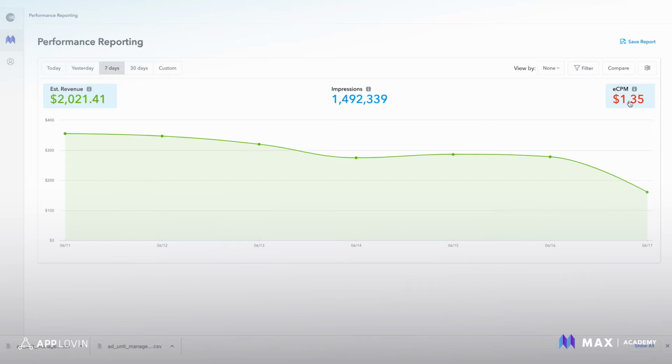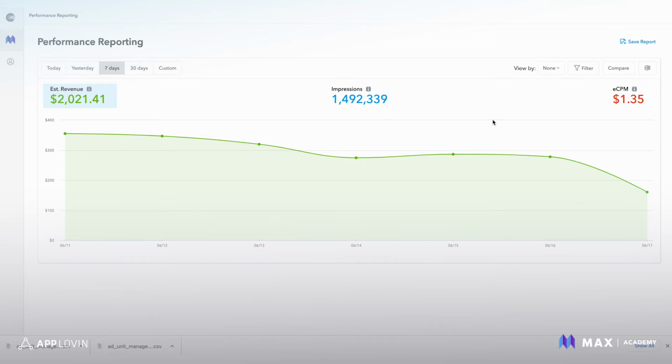The most advanced and effective way to view performance is by ARPDAU, or average revenue per daily active user. ARPDAU provides a holistic view of the average revenue streams across your users actively engaged in your app, including ads, subscriptions, and in-app purchases. It's one of the most granular ways to track and test new monetization strategies to grow revenue. For example, if a user is not making in-app purchases, you can increase the number of ads he sees to improve his LTV, or lifetime value, which means profits they yield over the time they're in your app.